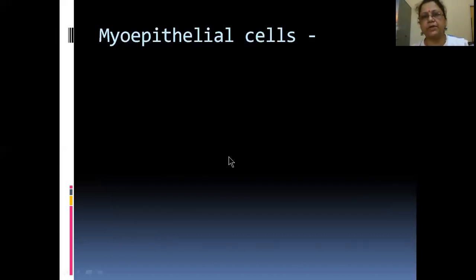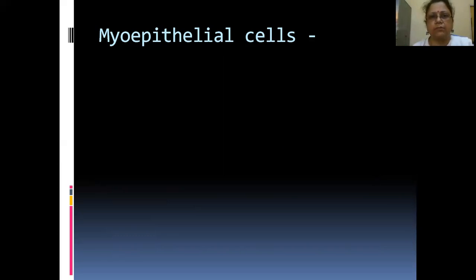So I have discussed the parenchyma and the stroma. I have told you about the duct system: how the end pieces, that is the acini or alveoli or the tubular part, secrete saliva into the intercalated duct, and the intercalated duct brings it to the striated duct. The striated duct goes to the intralobular, and the intralobular brings it to the interlobular, then lobar, then to the main duct. Now you have seen the importance of myoepithelial cells.